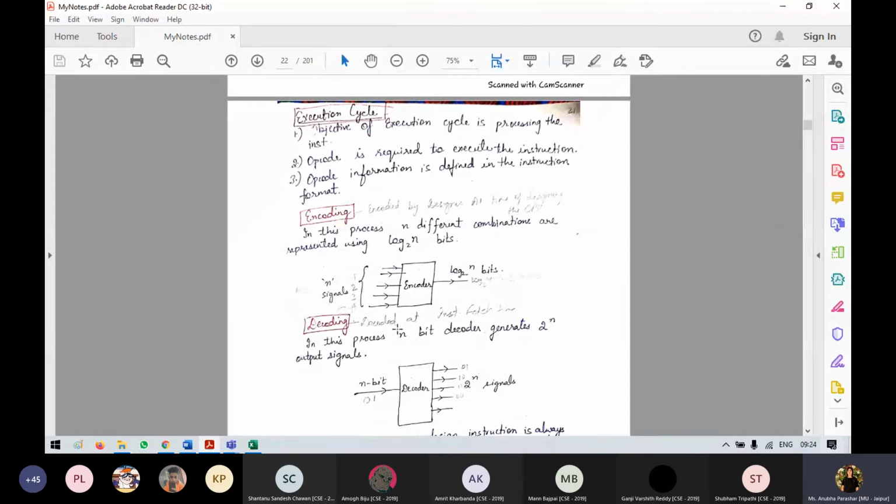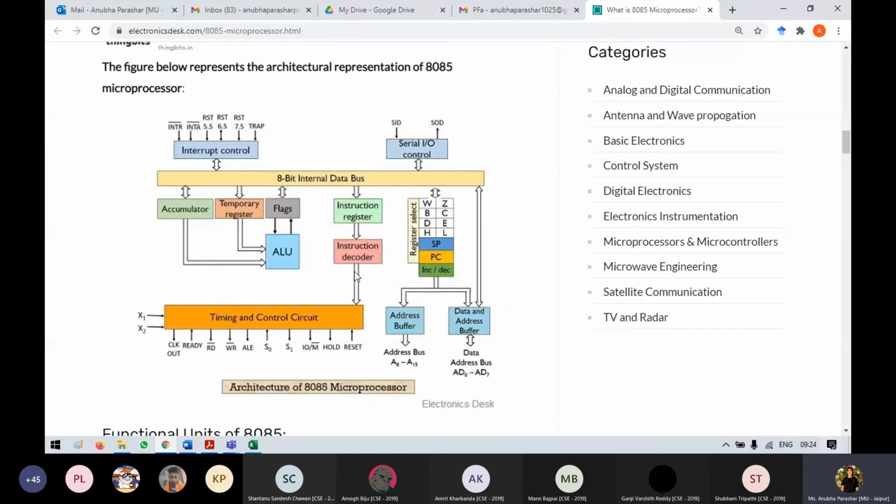So in the execution cycle, the first objective is to execute the instruction, where the instructions are getting executed in the processor. That means they will use certain memory, they will use certain operations, and at last the arithmetic logic unit, which is ALU, which we also call CPU, central processing unit.